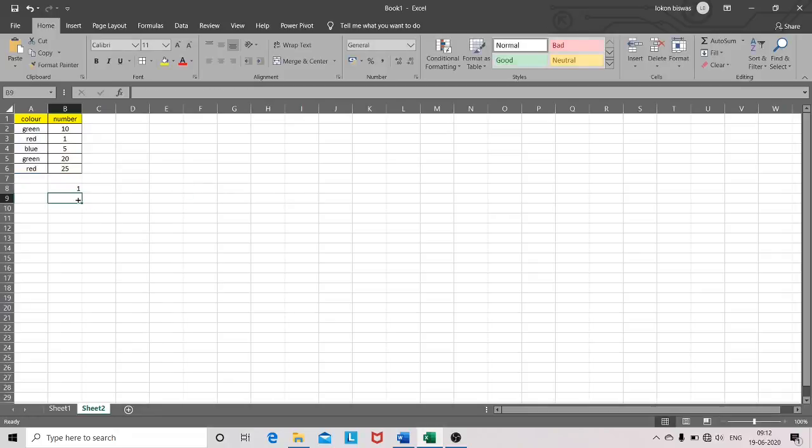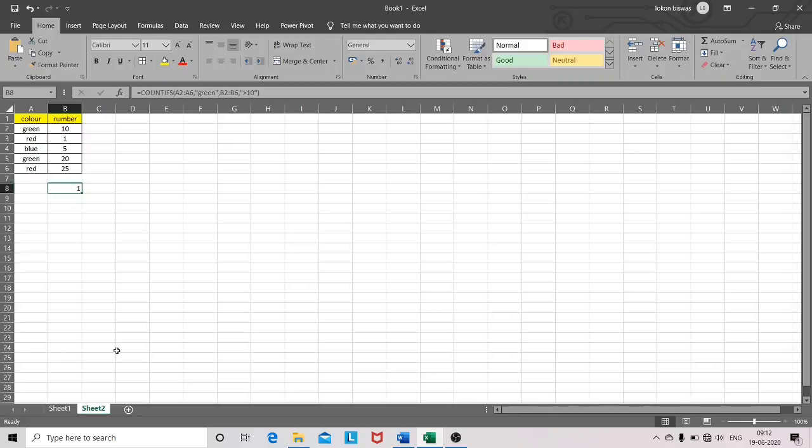Enter. So see, only one value has the color green and a value greater than 10. So it is this one. So it just gave the number 1.